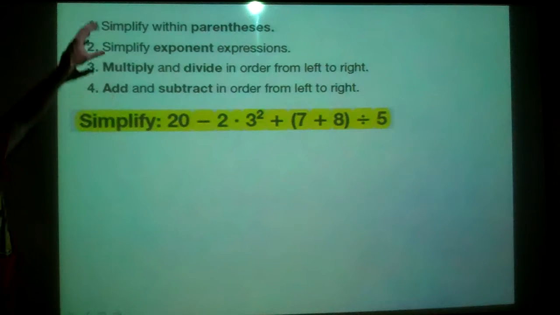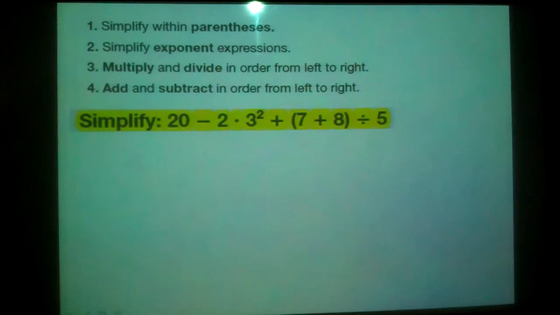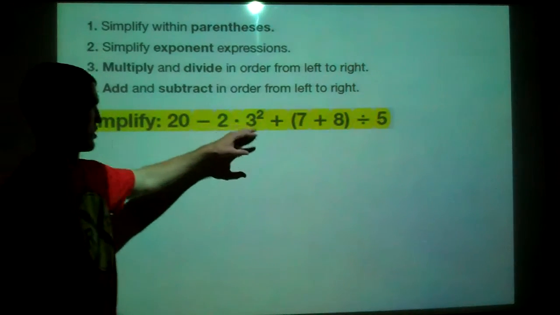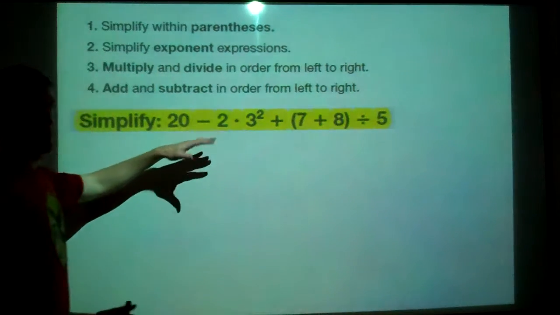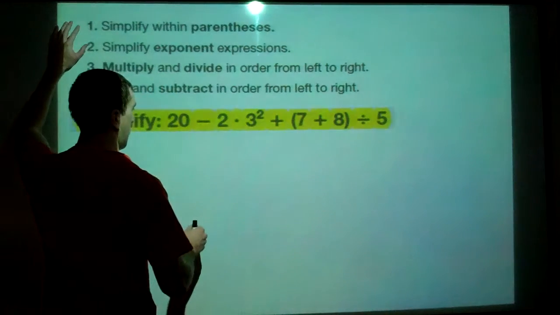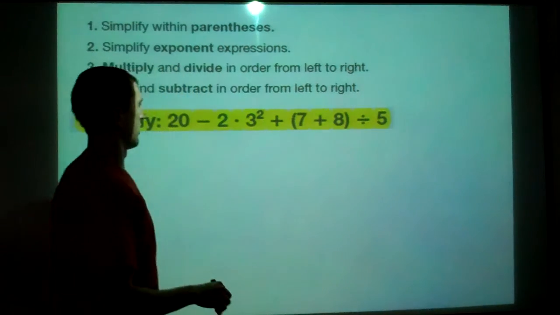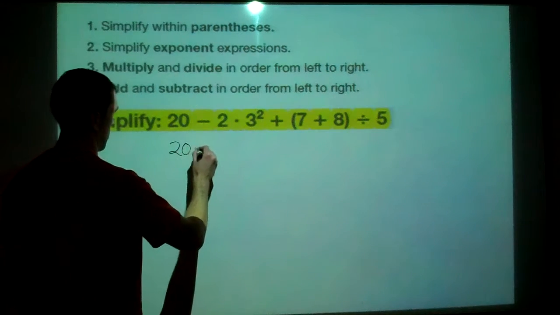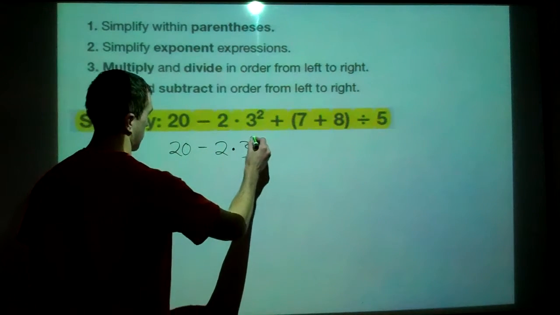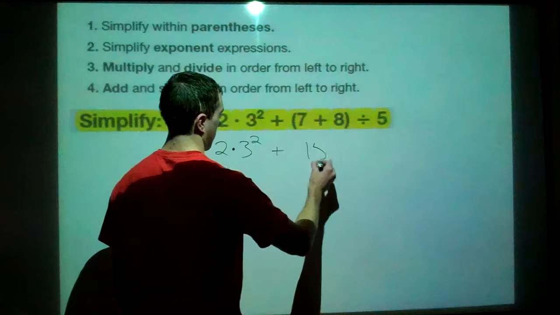Alright, so I have our order of operations listed here, and we're going to simplify this expression. Big long expression, and we're going to hit everything. We have exponents, we have parentheses, addition, division, multiplying, so we're going to hit everything here. So first thing we want to do is simplify anything inside parentheses, and we do have a set of parentheses right here. So I'm going to rewrite everything except for, we're going to change what we get for an answer inside here. So 20 minus 2 times 3 to the second plus 7 plus 8 we know is 15